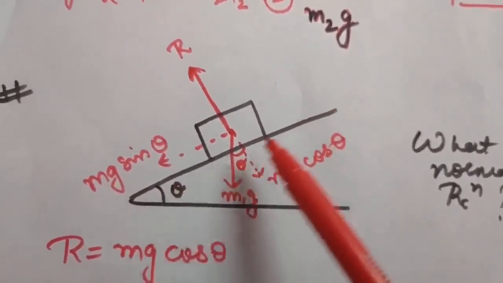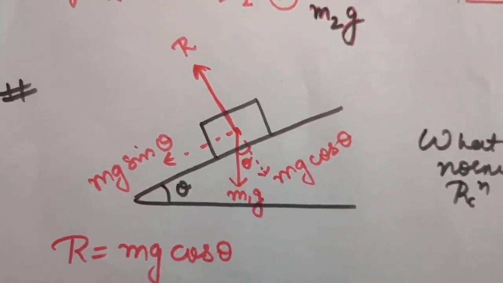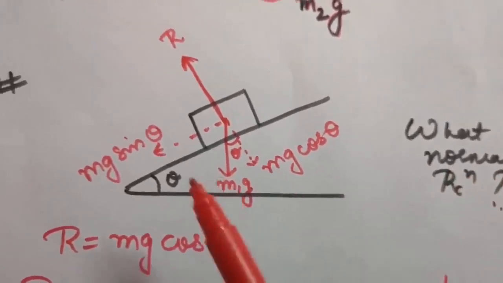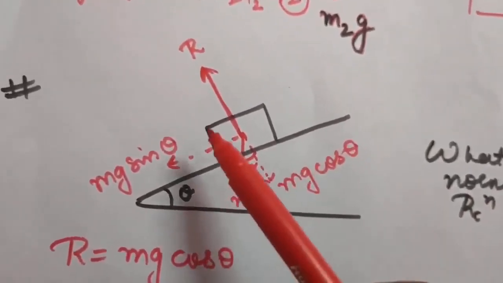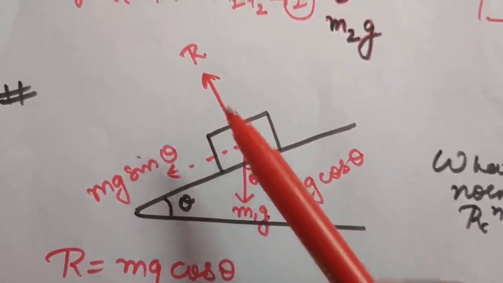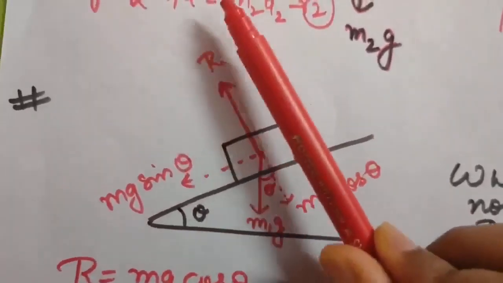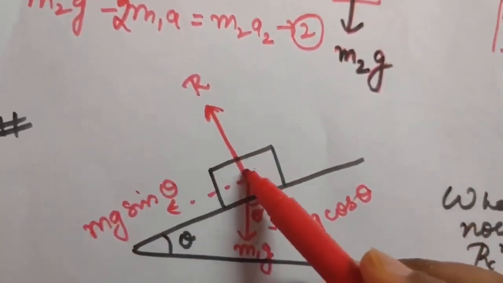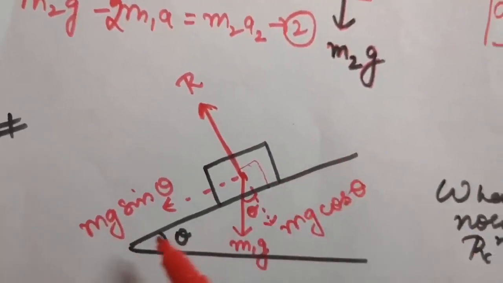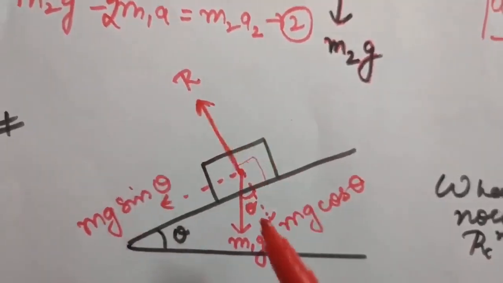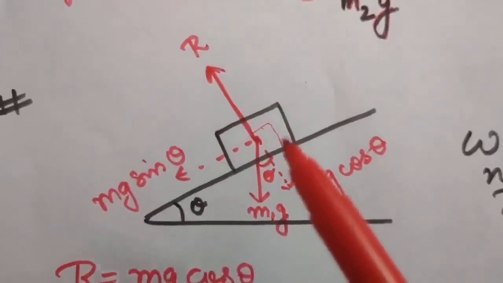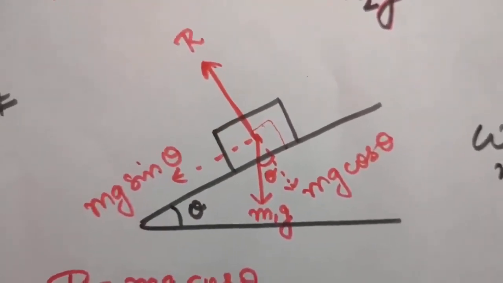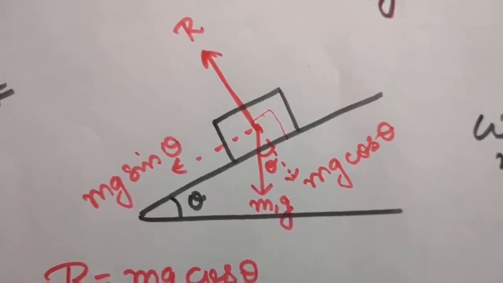Now there will be some normal reaction due to this plane, right? And one more thing, the reaction will always be normal to the surface. Therefore, we are calling it normal reaction. So if this is a plane and this is the block, you have to draw a perpendicular to this surface. So this reaction will be at 90 degrees to this surface. So this will be the weight in downward direction and this will be the reaction, perpendicular to the surface, therefore we can call it normal reaction also.